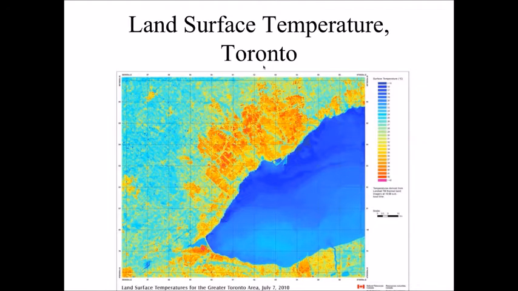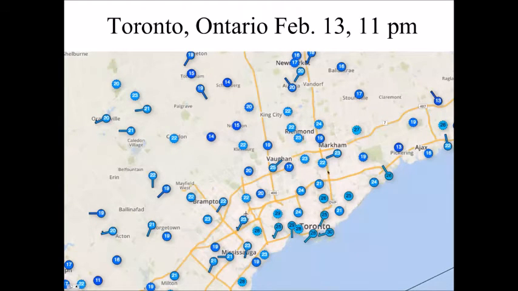So last night I went on the Weather Underground, and the Weather Underground has their Wonder Maps. It shows air temperature, and hopefully you can see this. The temperatures around the city are in the teens, upper teens, near 20, but in the city itself we have temperatures of 28, 29, even 30. Now 30 is near the waterfront, but there's also temperatures of 16 near the waterfront away from the city. So this is showing the urban heat island effect even last night. It's occurring for all our cities on many days of the year.